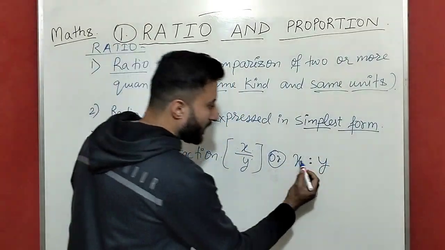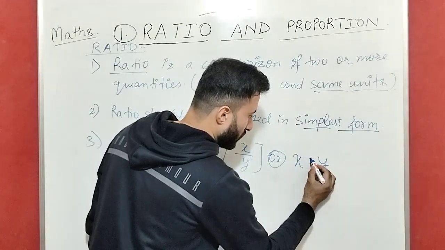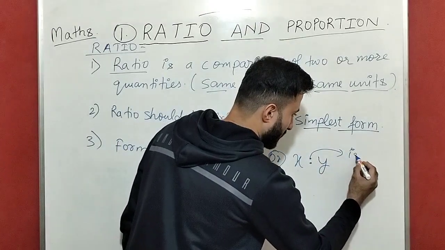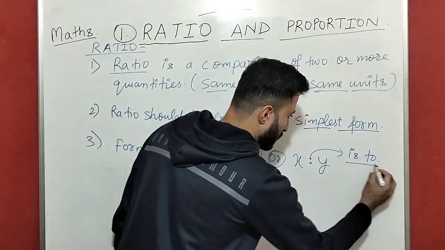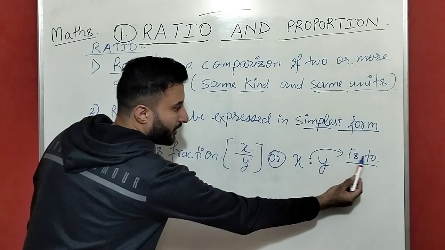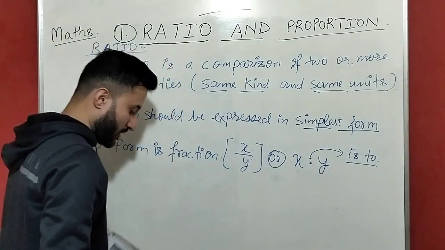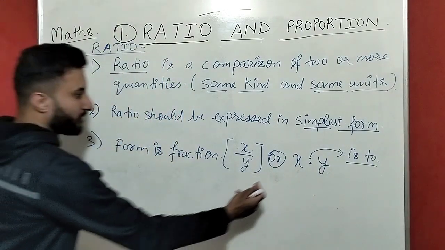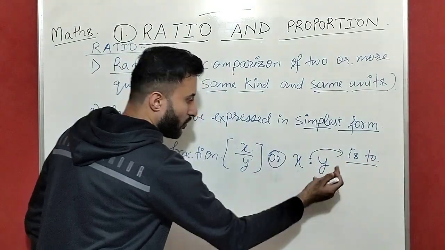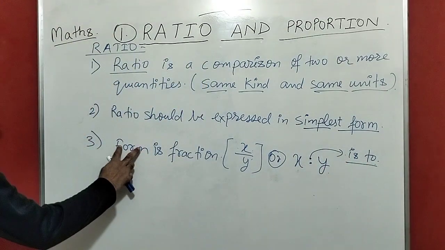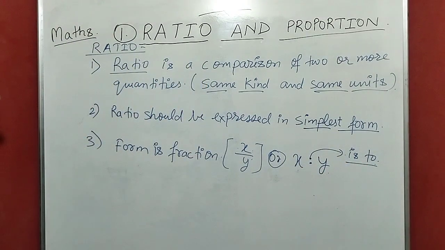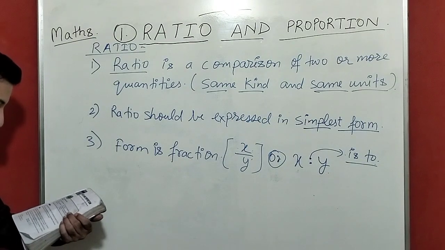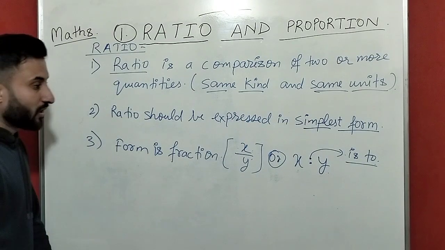Okay, the meaning of this two dots, x is to y, the meaning of that is x is to y. So ratio form is fraction, x by y, or x is to y. Okay, so see here,